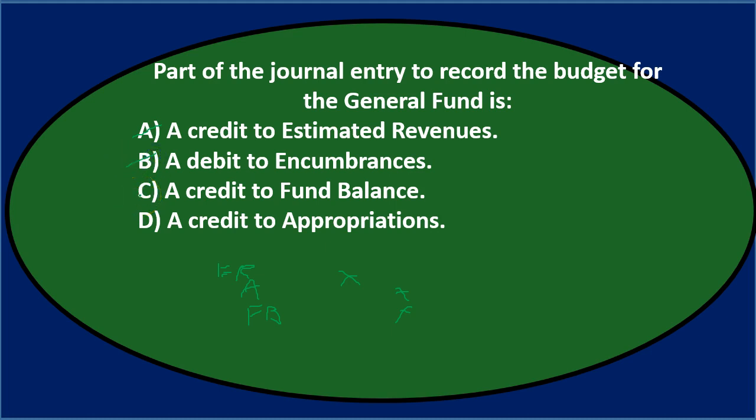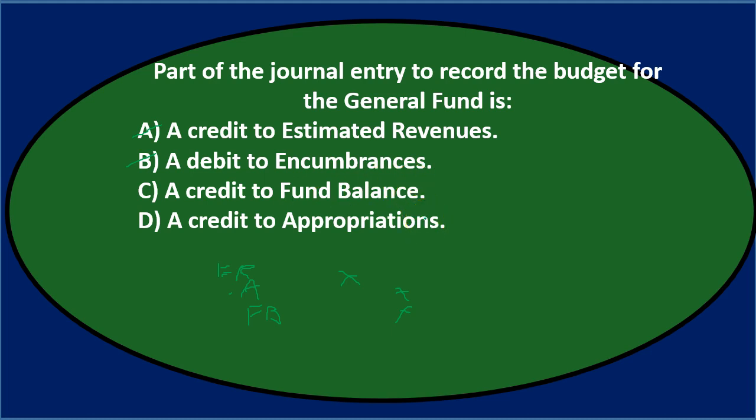C says a credit to the fund balance. And we do have a credit to a fund balance, but we want the budgetary fund balance. It's a little bit tricky. And D says a credit to the appropriations. So we actually have the credit to appropriations here. And again, C sounds familiar. It sounds like it should work, but one, it says fund balance rather than budgetary fund balance, and it could be possible that we have a budget where the